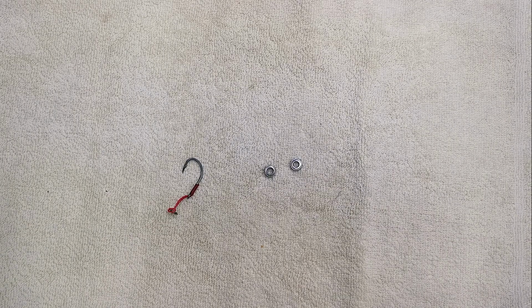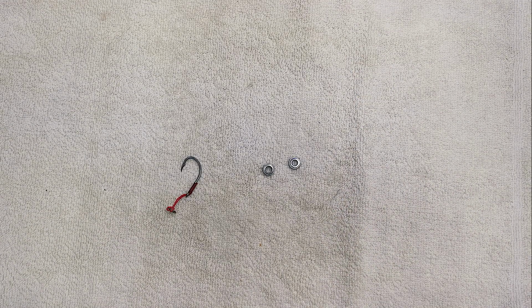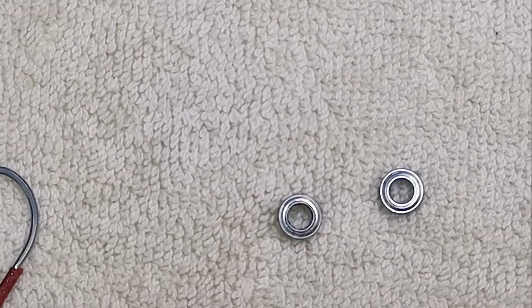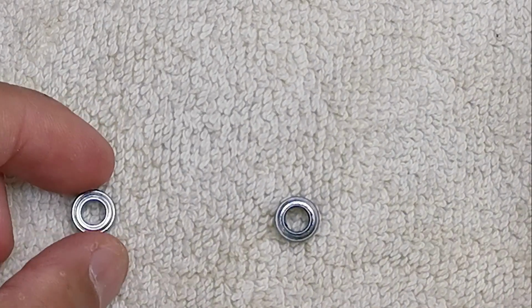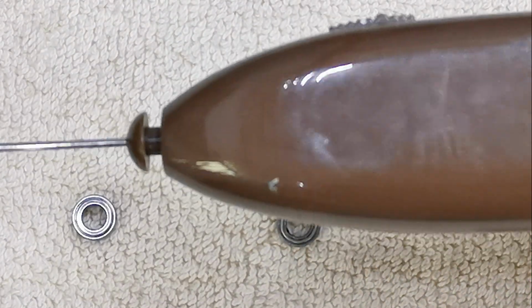Alright, before we do this, this is a $1,000 reel. Actually, $1,400 with the website that I checked. So take note, I'm not going to be liable for messing up your reel if you follow what I do here. Before we start, I have a cup, tissues, this latte stirrer,